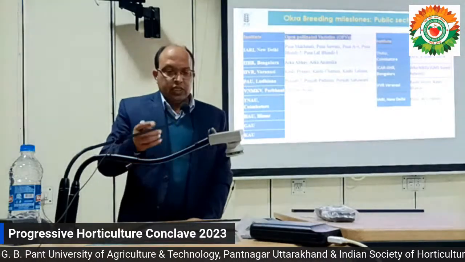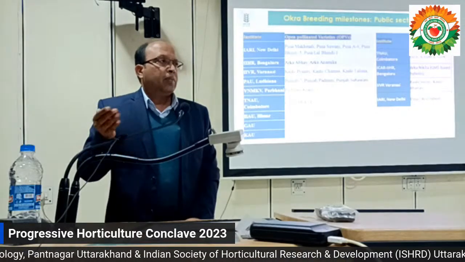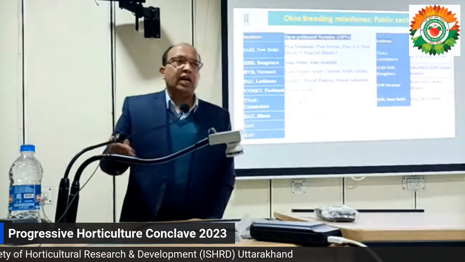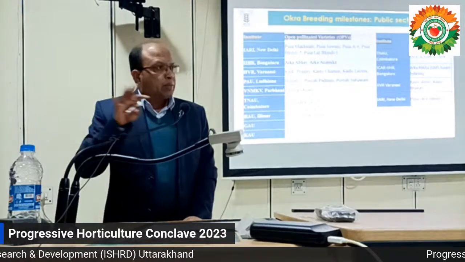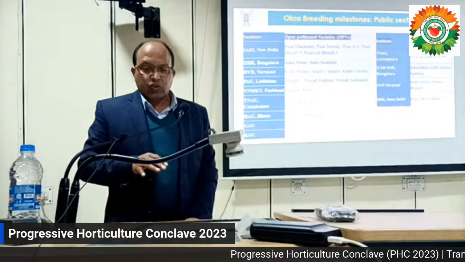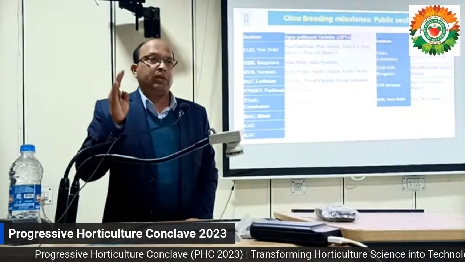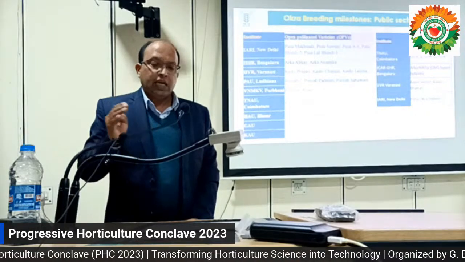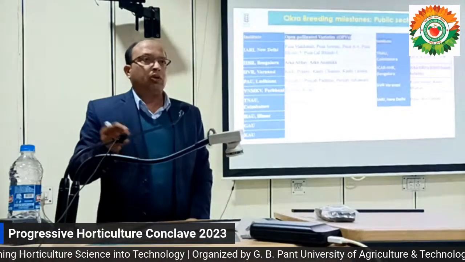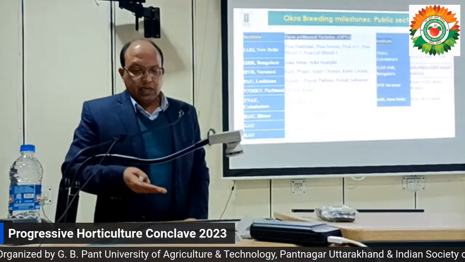If you see the different varieties developed by different institutes, in the public sector the major institutes like IARI, IIHR, IIVR, HAU Hisar, and PAU Ludhiana have been the major players in okra breeding, and they have developed a lot of breeding material. If you see the hybrids also, especially IARI's Pusa Makhmali was developed before the 60s, in the 50s you can say, and Pusa Sawani was developed. This was a revolution in the country when Pusa Sawani, this first variety, was developed, and a lot of hybrids have also been developed from IARI and other places.